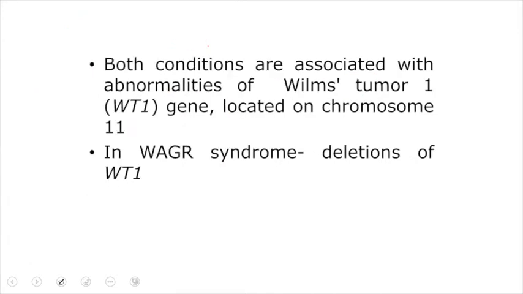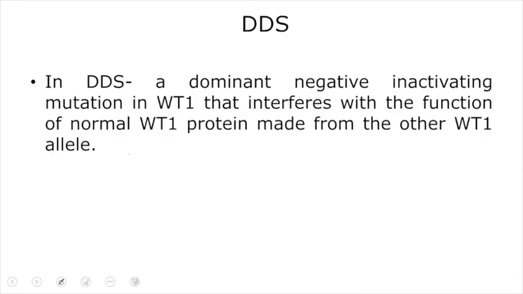As I've already said, in case of WAGR syndrome, or in case of Denys-Drash syndrome, there will be a mutation in the WT1 gene, which is located on chromosome number 11. In case of WAGR syndrome, there is deletion of the WT1 gene. It is a tumor suppressor gene, so the tumor suppressor gene is deleted, and there is loss of function. One of the modes of loss of function mutation is deletion of a gene, or there can be a dominant negative inactivation of a gene, which can be seen in Denys-Drash syndrome, and that will manifest with the features that I've already discussed in our last slide.